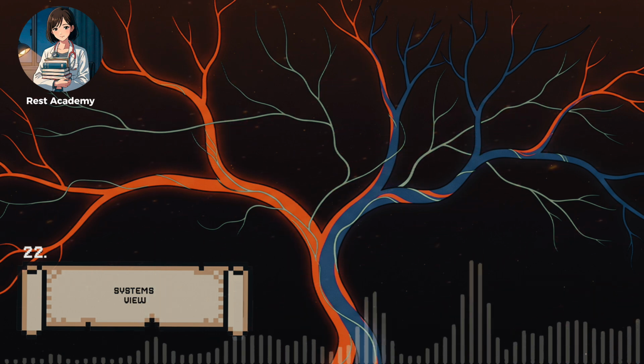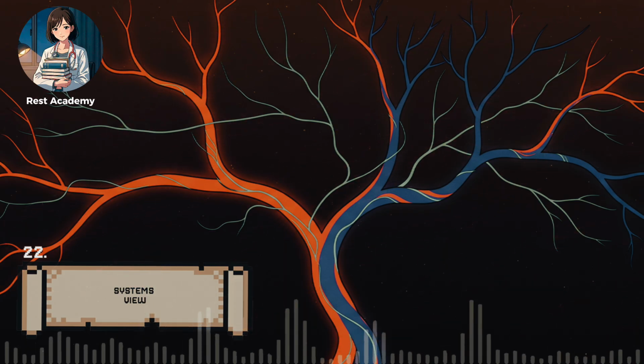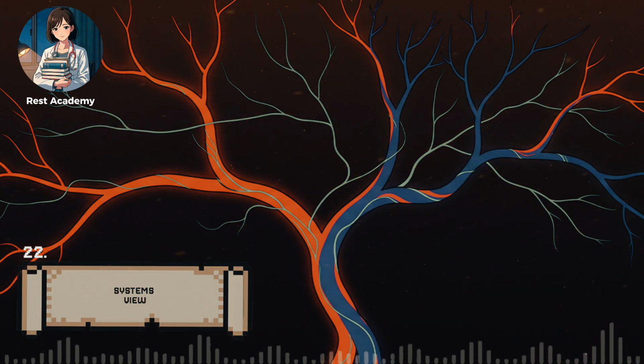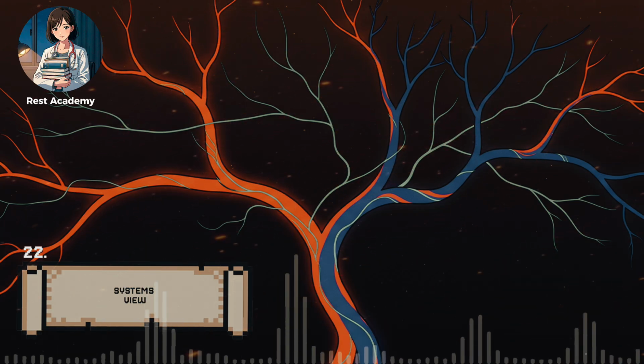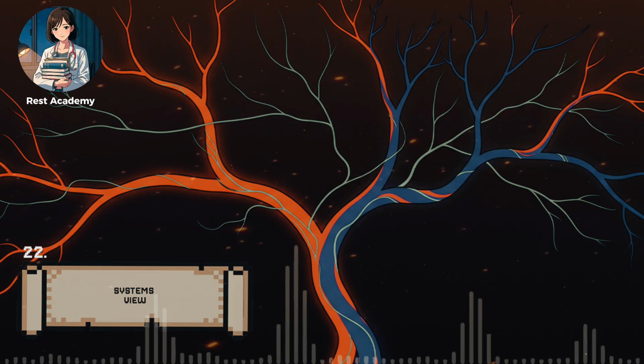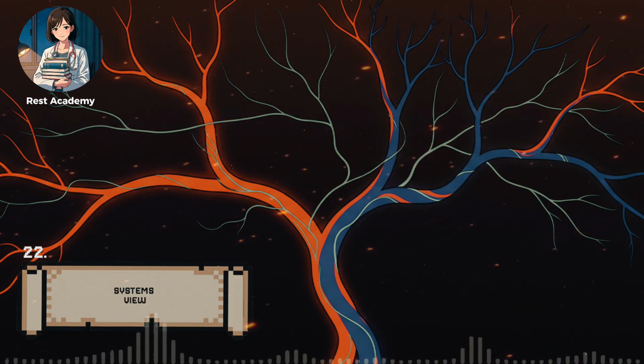A patient may refuse opioids for pain because of personal values, or may decline chemotherapy for quality of life reasons. Respecting autonomy means honoring these choices even when they differ from professional advice, provided the decision is informed and free. Coercion, whether subtle or overt, undermines the ethical fabric of care.